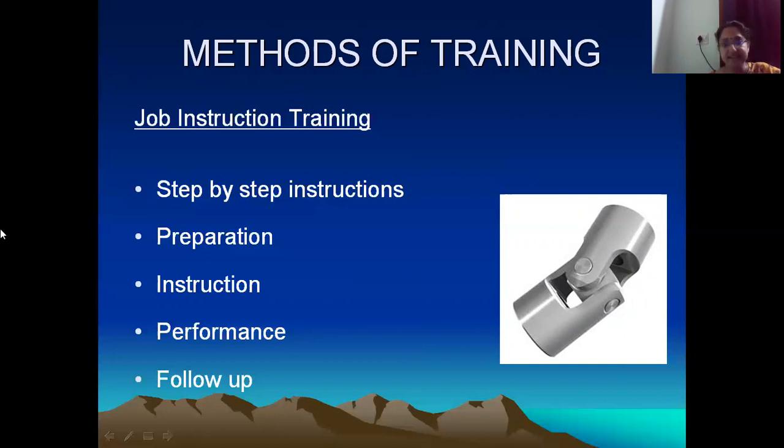Now, the second step in preparation is to assure the employee that the supervisor or the instructor is a very capable person. So vouch for his skills. The supervisor has to vouch for his own skills and say that yes, he is a capable enough person, and Jacob is in a comfortable environment over here.